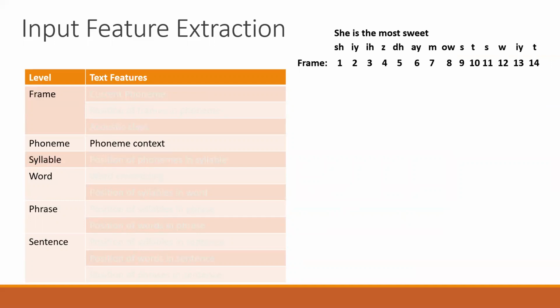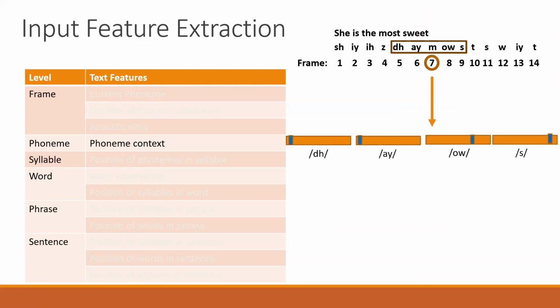And the next example is about phoneme context features. Again, at phone 7, we'd like to find the quinphone context. That means we have to look at the 2 preceding phones and 2 succeeding phones. We get this kind of window, and then we convert each phone into a one hot vector.